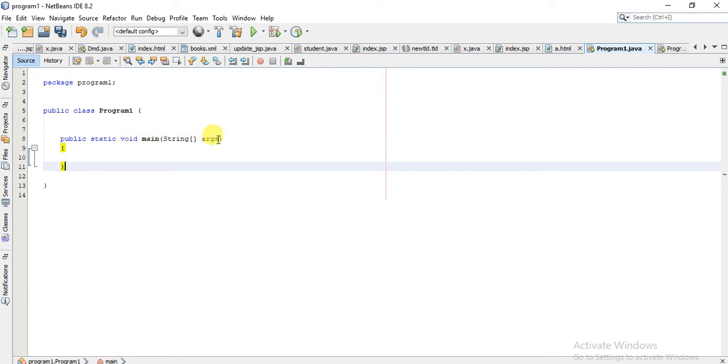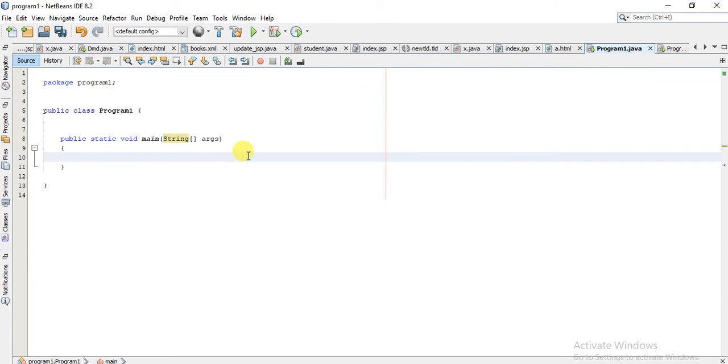Now again, this String args, what is this? This is actually used to handle the command line arguments. Command line arguments we can also handle in C and C++. For handling the command line arguments in C and C++, we pass 2 variables. You might have seen argc, argv.